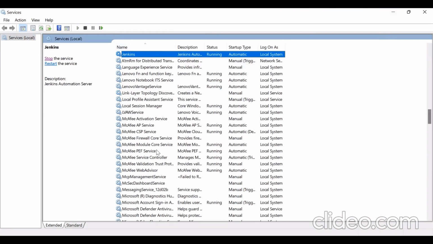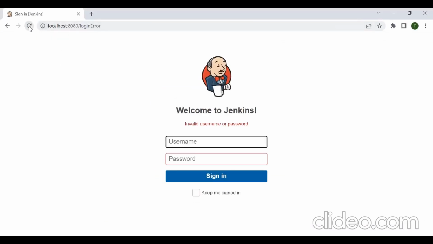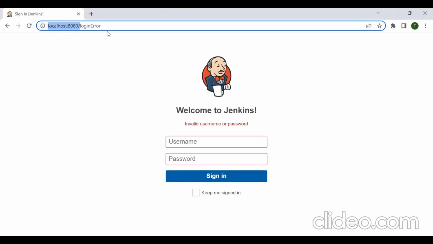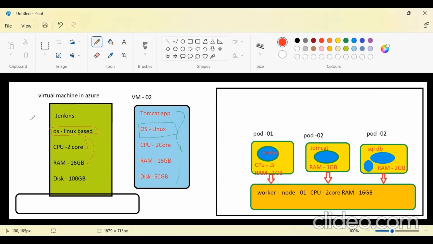You can consider this laptop as a virtual machine in the production environment, and I have set up my Jenkins over this virtual machine. This virtual machine is dedicated only to the Jenkins application. I have set up the Jenkins on my personal laptop, and you can access the Jenkins through the URL. This is the URL, localhost 8080. I can access my Jenkins through this localhost 8080 because I have set up Jenkins on my personal laptop. Similarly here also, you have Jenkins set up. This is my personal laptop, I have set up Jenkins on this one, and this virtual machine is dedicated only to Jenkins.